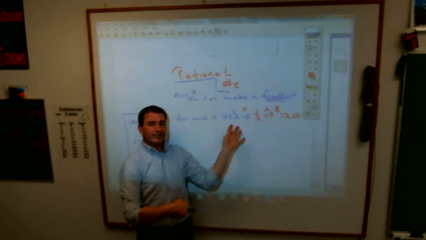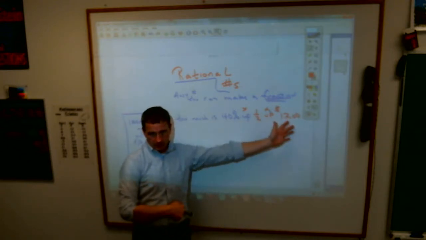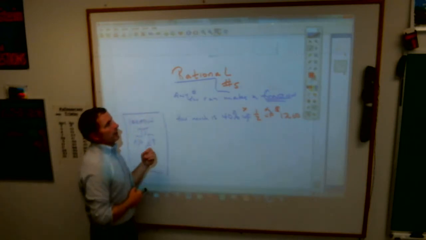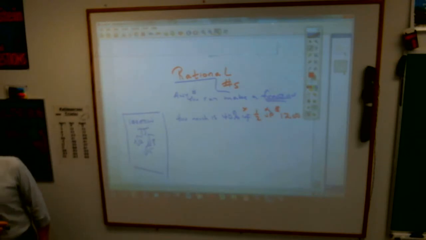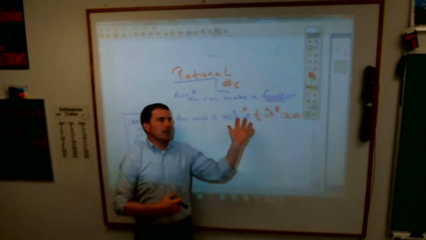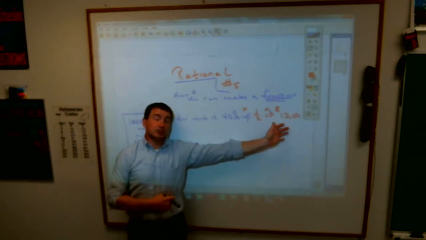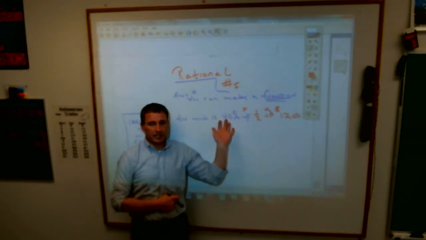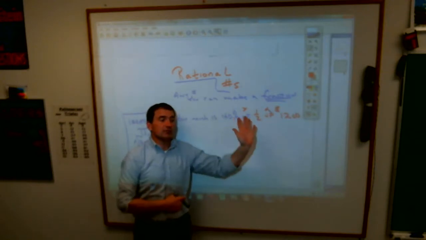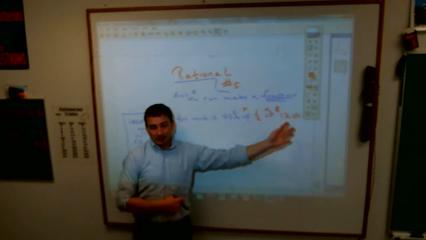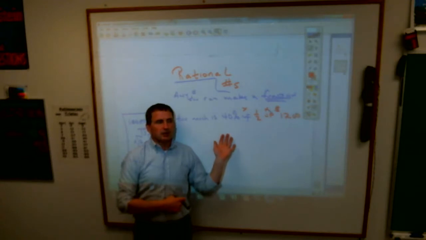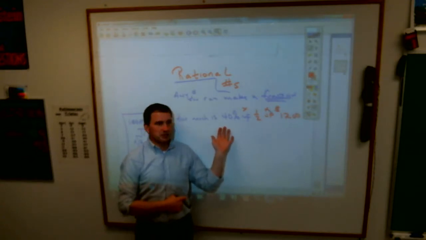These are all rational, there's nothing irrational about this, they all make sense. The whole point of this lesson is for you to select the appropriate form, as the book calls it. What form do I want to make these that makes it easiest to do and for me to understand? First of all, we don't do well with percent, so you have to change that to a fraction or a decimal. So the question is, should I make all of these fractions? Should I make them all decimals? That would be your only choices at this point. And don't always go with decimals, because sometimes fractions are actually easy to work with.